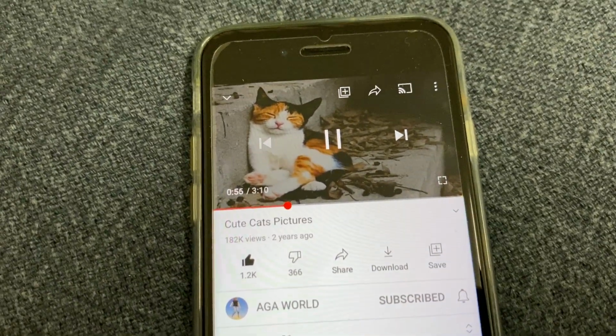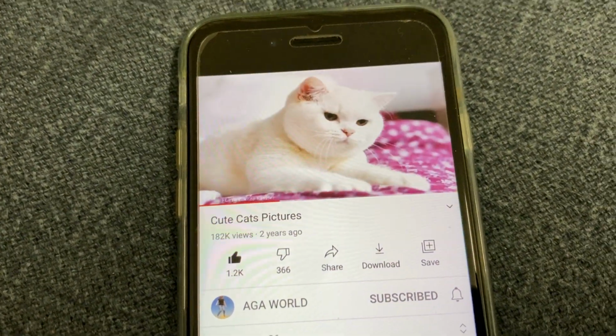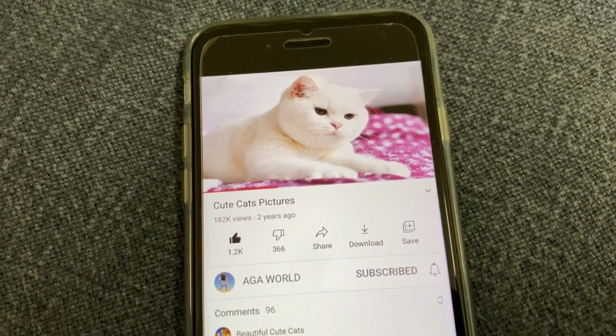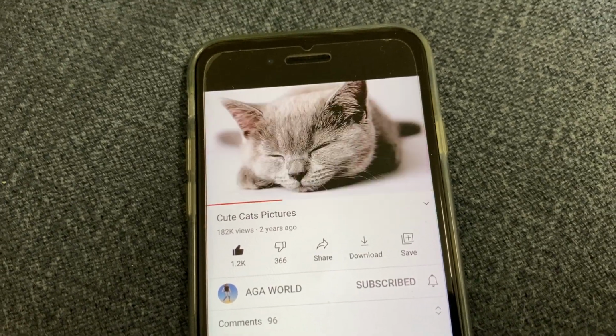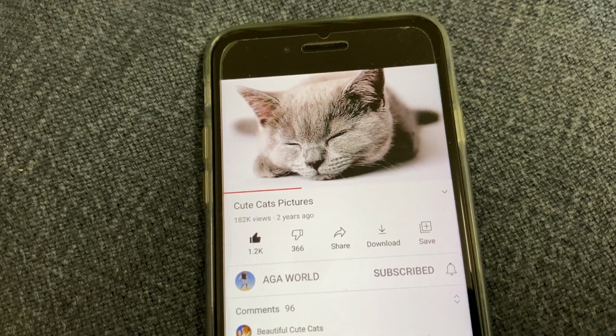Now it's playing. Straight away we can enjoy and play the video right away with our mobile data, but on 3G